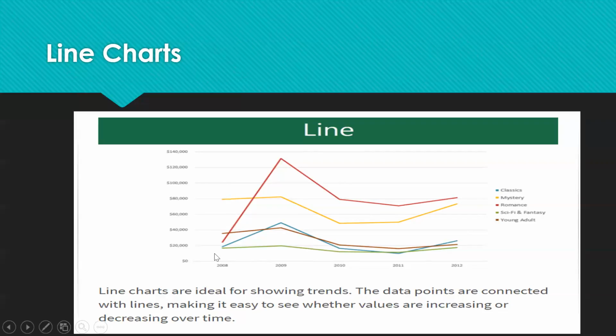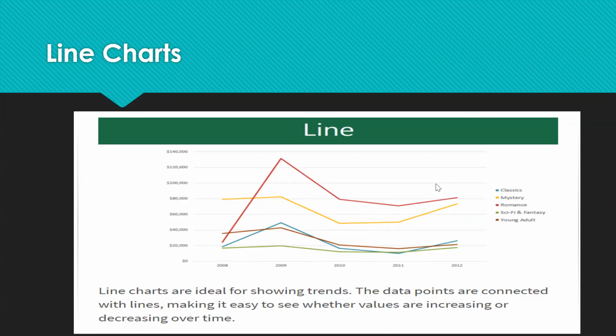If you see this, all the data is the same. In 2008, all these sales were at the same level. The number of books sold, or rather the value of books sold in dollars, is all the same and uses the same data. But here you can see the increase or decrease of sales comparatively, year by year.